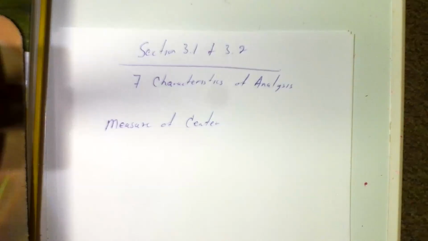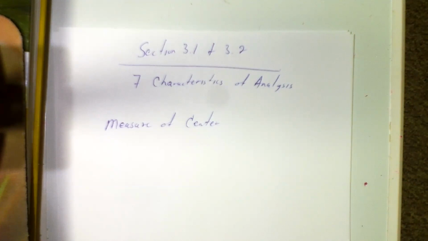Okay, class. Today we're going to go through section 3.1 and 3.2. I'm going to combine both of those sections and we're just going to go through the 7 characteristics of analysis. So what we'll do is we'll go over the definitions and the notations for each of those 7. And then I'll show you all how to find those figures and then rounding, which is very important for you